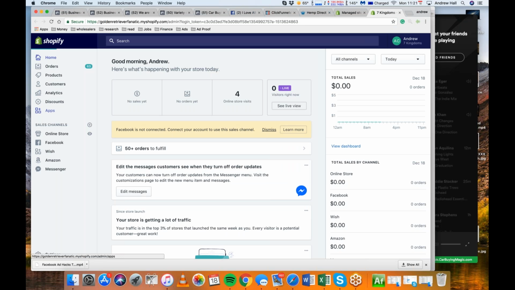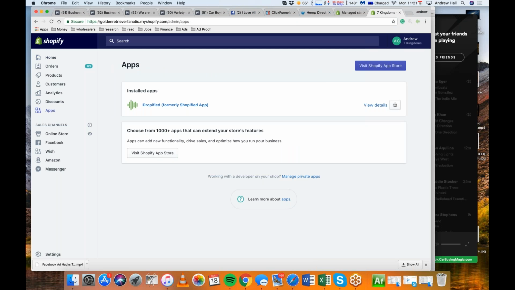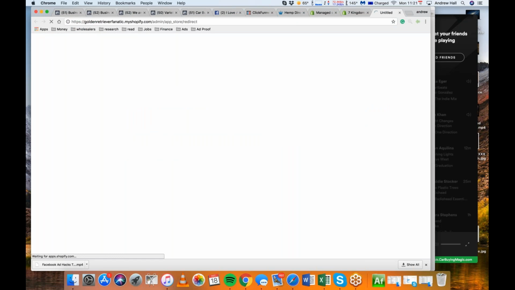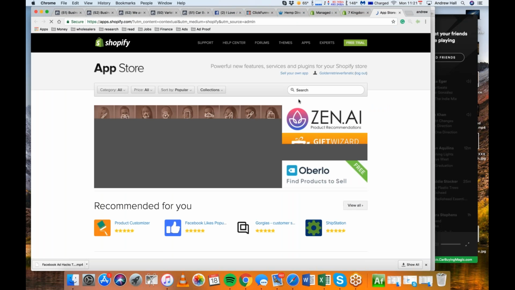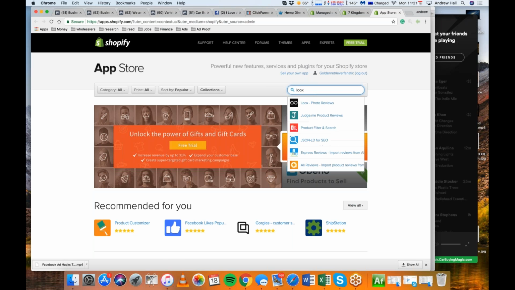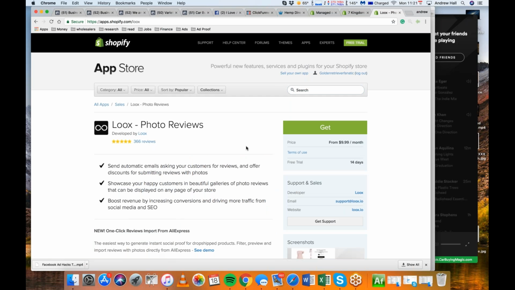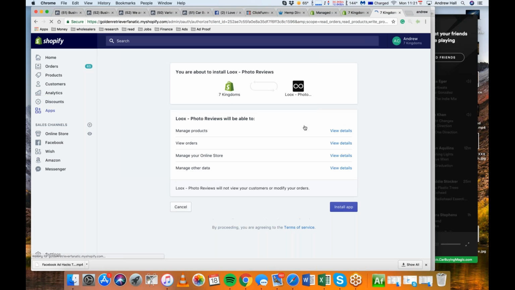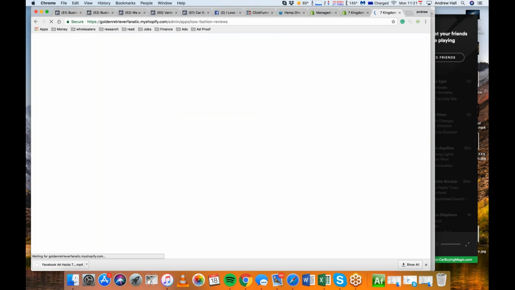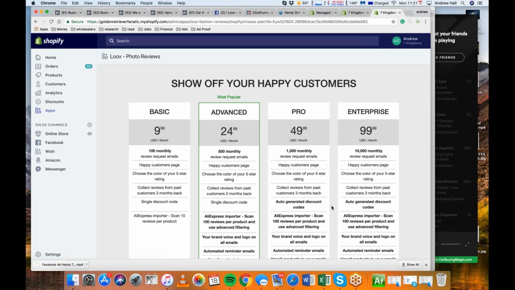So let me just see if I can find the app, because I know a lot of you guys are doing drop shipping stores. There's an app called Looks. And I'm sure there's something similar for ClickFunnels, or if you have a website, maybe you'll just have to find an integration into it. But there's always new apps coming out. If you look hard enough, I'm sure you can find something. I believe this is just a free app. Maybe not. Maybe it's $10 a month.